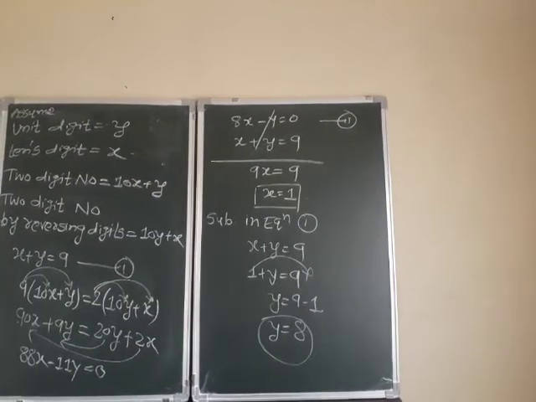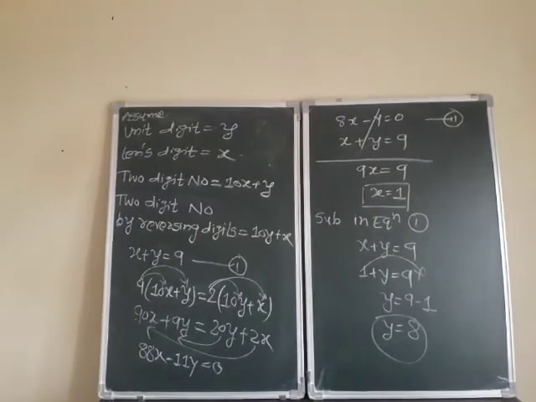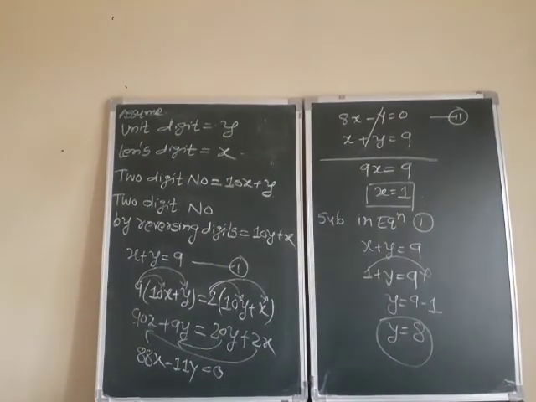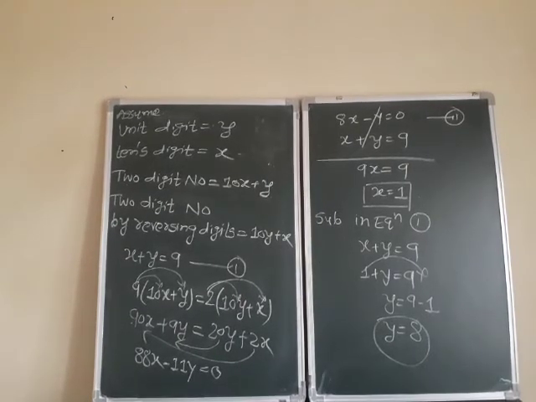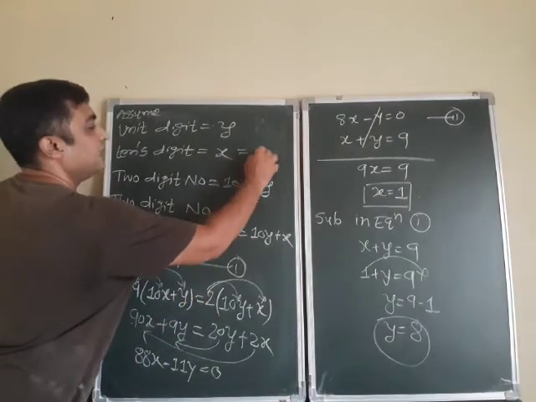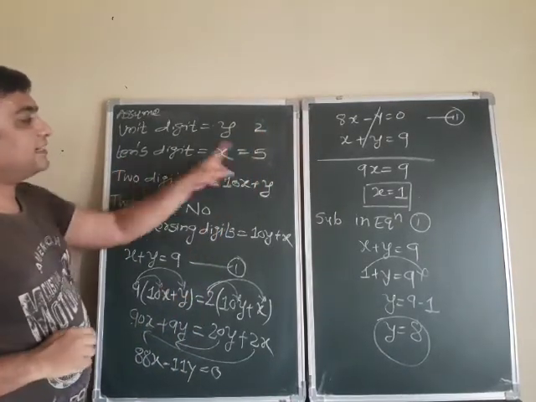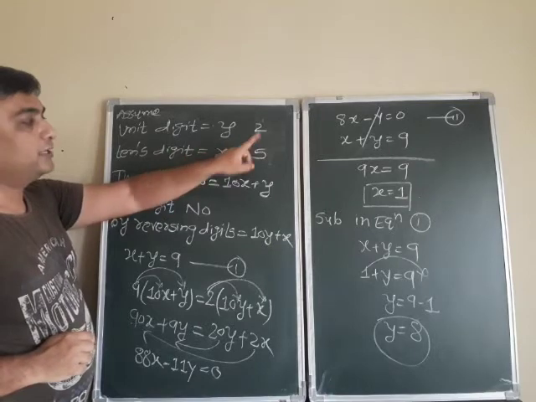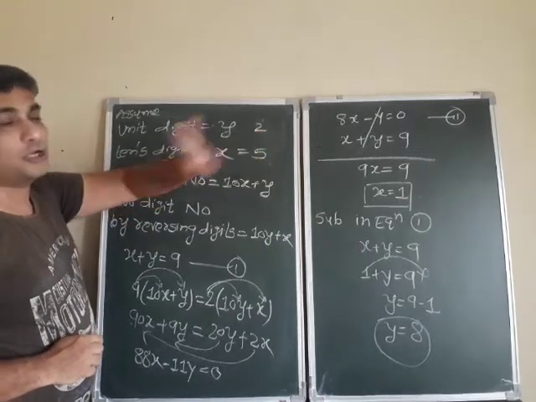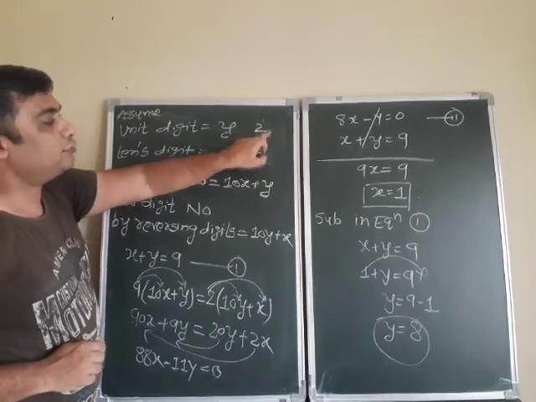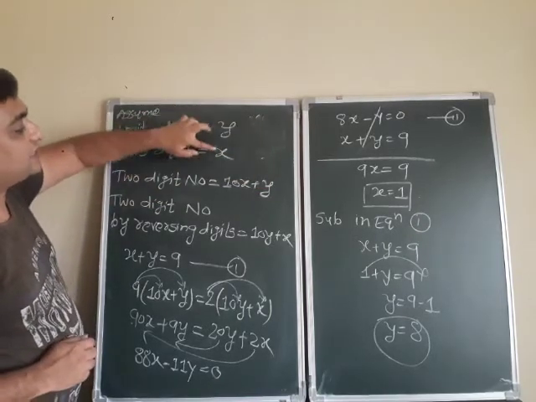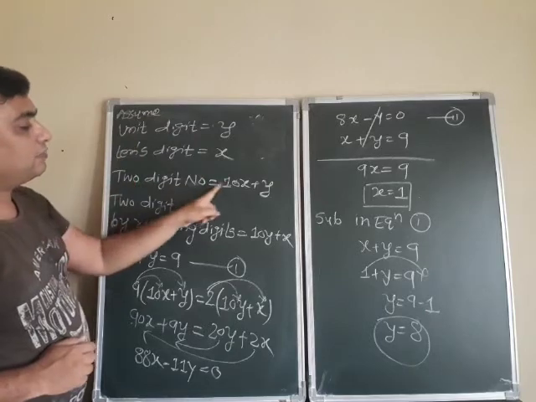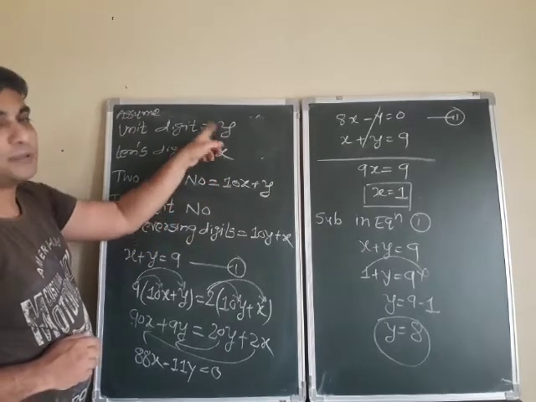Please complete this example. See, here the care should be taken. The digits are x and y, and the 2 digit number if they ask, it is 10x plus y. Understood or not? अगर आपके पास 10 digits है 5 और unit digits है 2, फाइन, लेकिन ये 10 digits है, ये unit digits है. So number होगा 5 into 10 plus 2. So number is 5 into 10 plus 2. Understood? But digits are 5 and 2. So digits are x and y, but the 2 digit number is 10x plus y. 10 into x plus y.